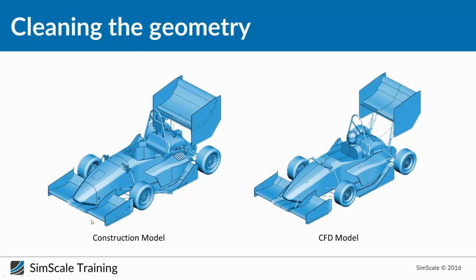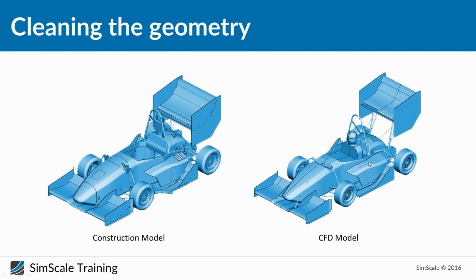So here we have the construction model, because actually CAD is not only used to create models for CFD, but can be used in many different applications, like creating models for understanding how you will build your model and so on. So there is a lot of things. And here we have two types of CAD models. We have the construction model, which looks like this one,